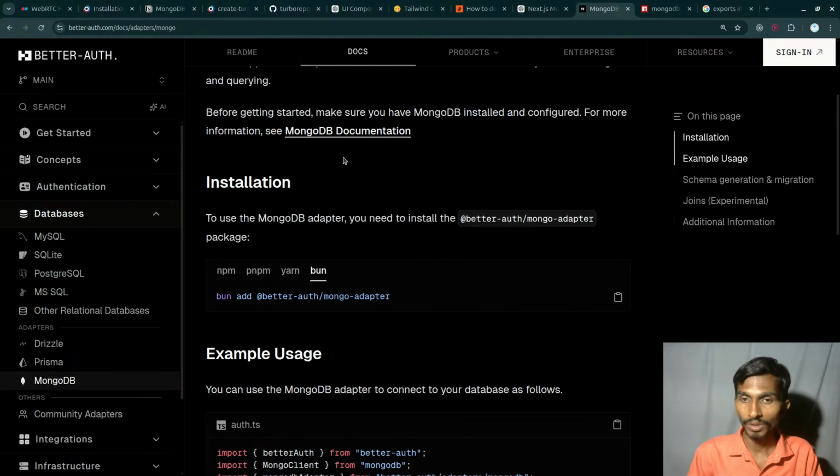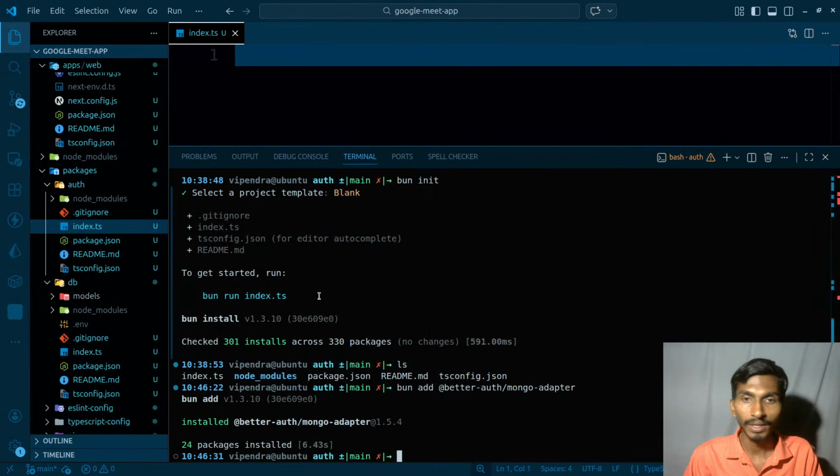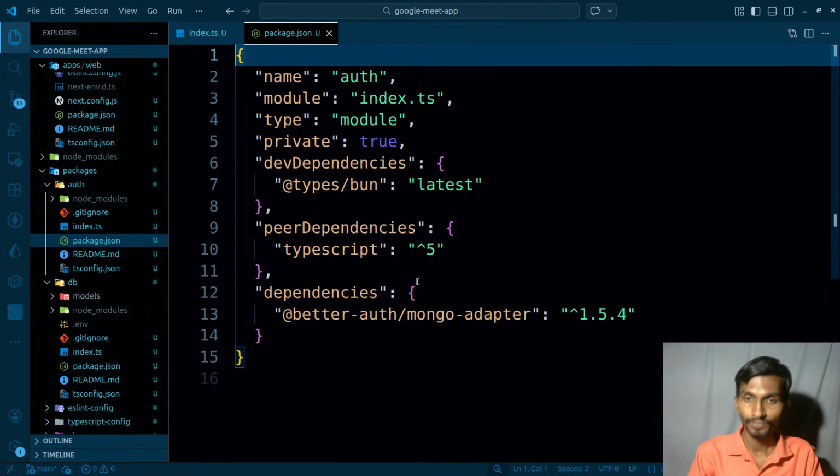Once it is going to be installed, what do I have to do next? I have to get the client. From the client I have to simply await that, and once I await the client, I'll get the client, and once I get the client I can get the client DB. So what do I have to do? Over here inside package,